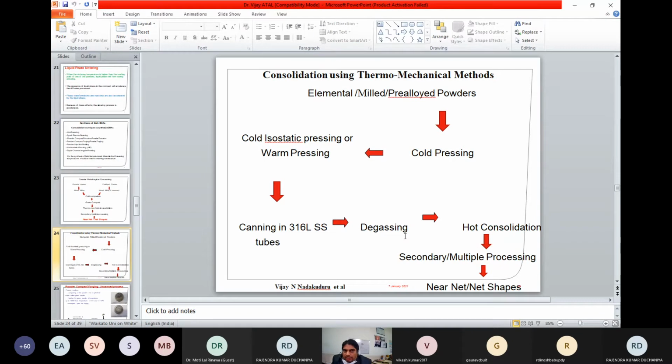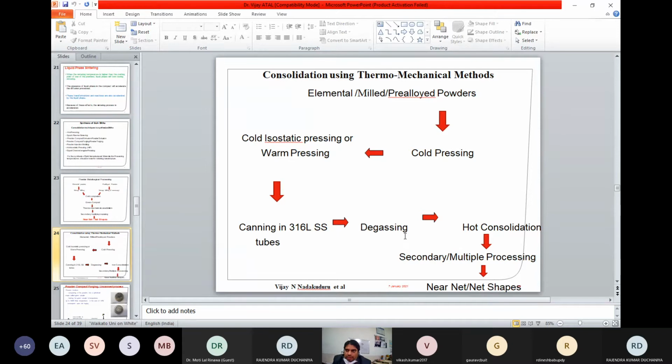Because of this, the gas inside the green compact or powders, in either condition, the gases which are entrapped inside the vacant sites, which are pores inside the material, should be evacuated. So this step becomes very essential. Why? Because this should be evacuated prior to doing this process.